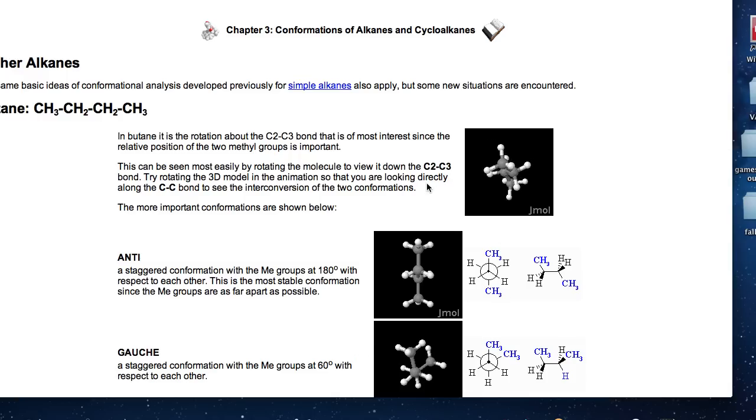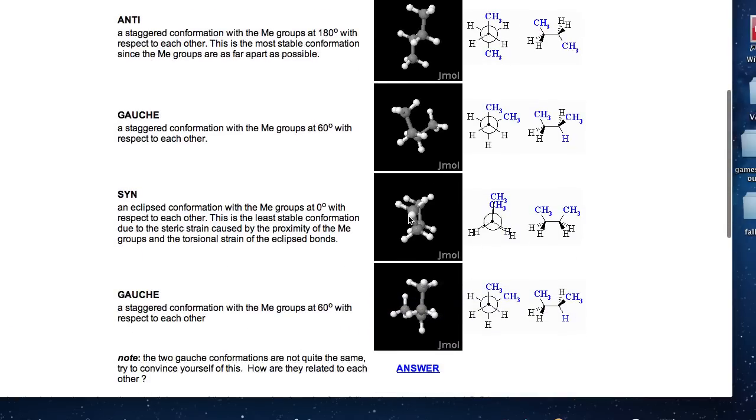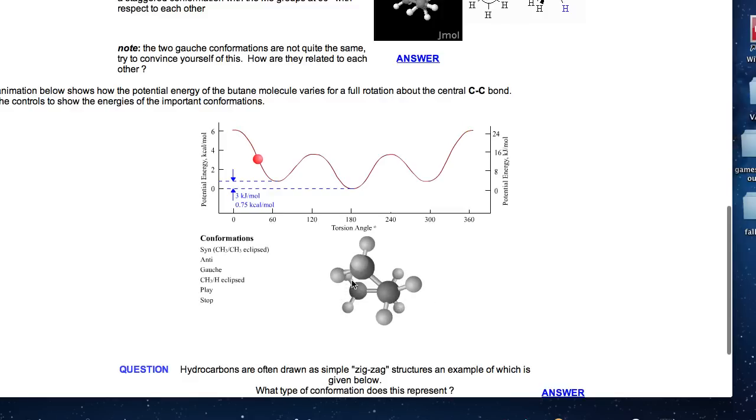Here's a butane molecule, and again you can rotate it so you're looking right down any one of the bonds. In this case, if you look down the 2,3 or central bond, you're going to see an anti conformation, and you can move it around. It's got some still conformations here. You can see the gauche conformation by rotating it. You can see the syn fully eclipsed conformation, and once again there is a moving animation where you can see